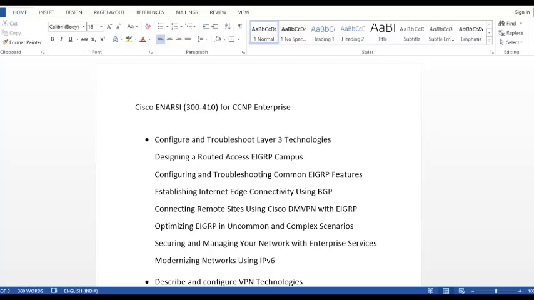Fine. So we are going to begin with layer 3 technology. Troubleshooting layer 3 technology, not only with some debug commands and show commands, we will also be using Wireshark. That's why I use the topic Wireshark. Followed by EIGRP, Cisco's routing protocol, configuring and troubleshooting it,